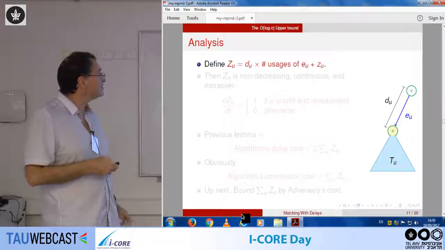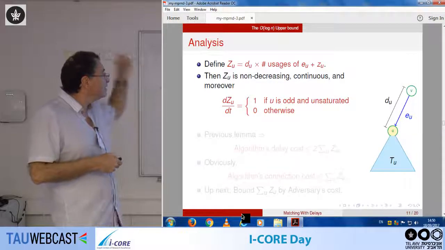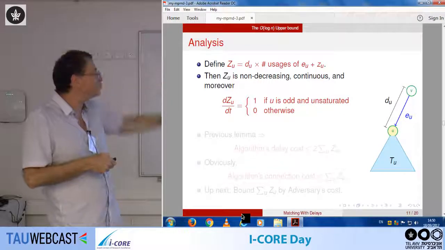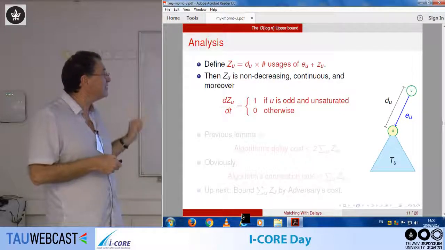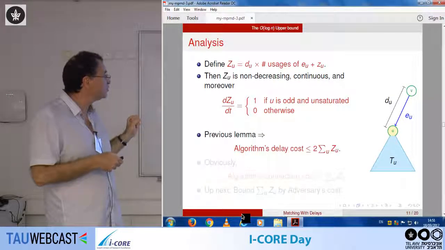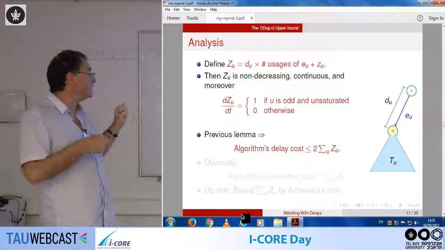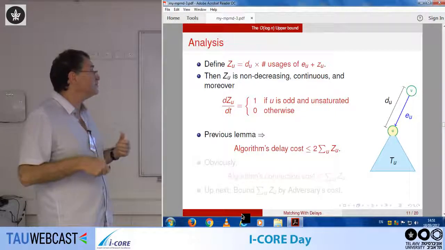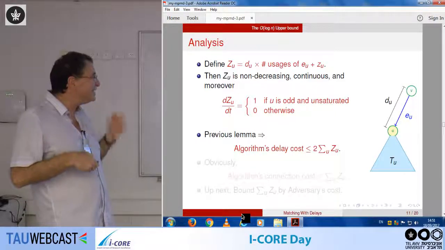Yeah, I think I'll skip it. Now we actually define counters which are not reset. And this is important, but I'm not going to have time to describe it. And actually the main lemma, this is one of the two main lemmas, is that the delay can be bounded